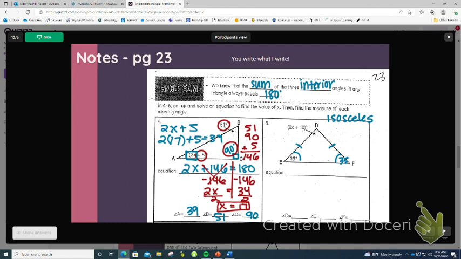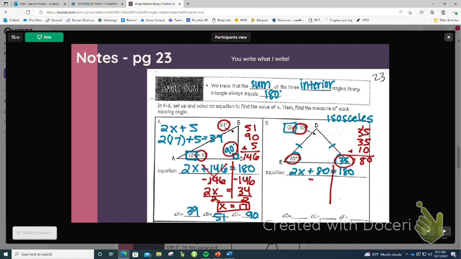So now, when we go to combine all of our plain numbers, we've got plus 10, 35, and 35. If we add those all together, that gives us 80. Then if we box in all of our x's, we've just got 2x. So our equation would be 2x plus 80 equals 180 because it's a triangle. Now we can solve,